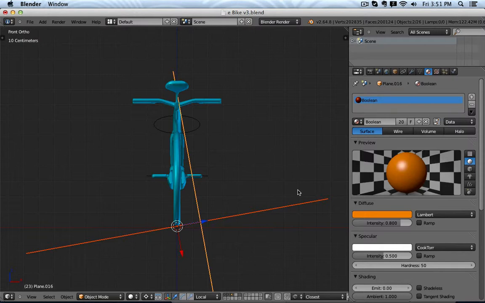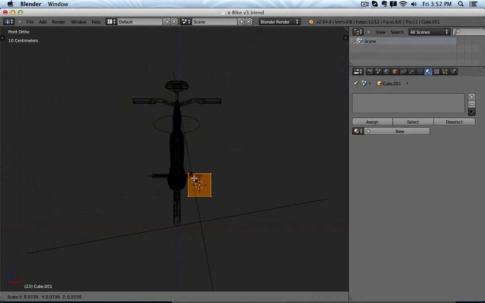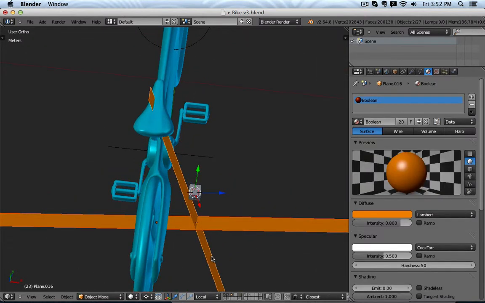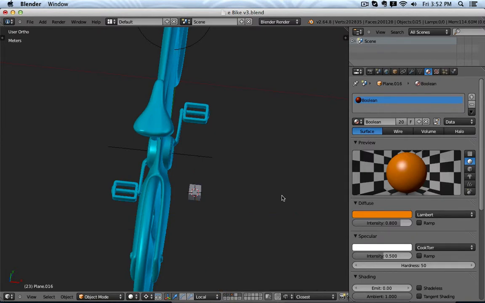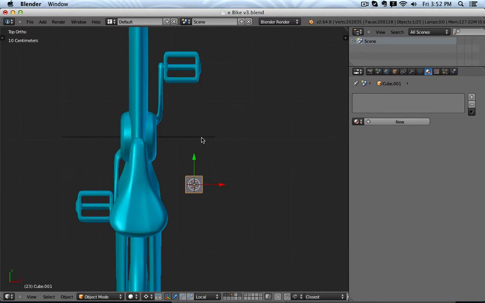So how am I going to build the kickstand? Well, I can simply start somewhere first with a cube. And let's scale it down. Then I go into top view. Maybe those two planes I just put to the side for a moment. And then I assume that probably the kickstand where it rotates, I need to have some sort of a 45 degree, something like this. So in edit object mode, I rotate this one 45 degrees like this, and then